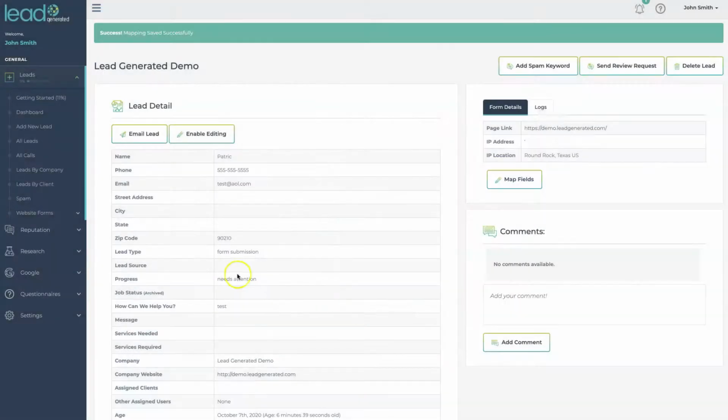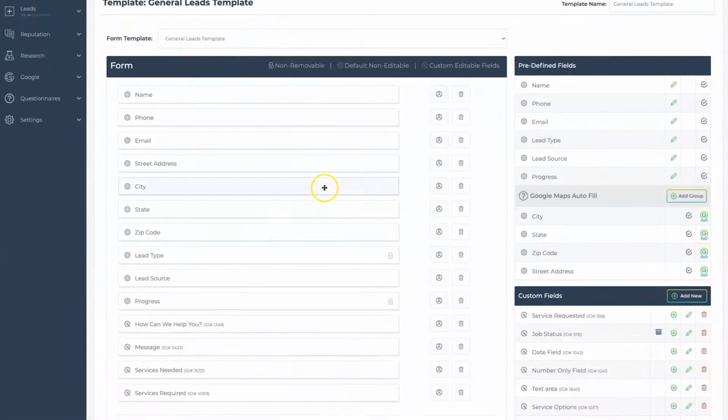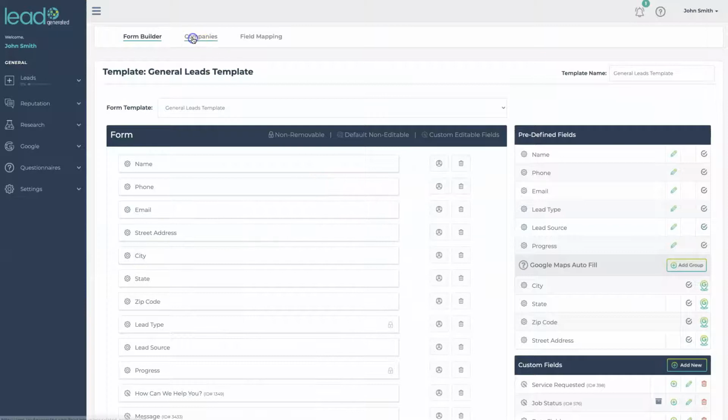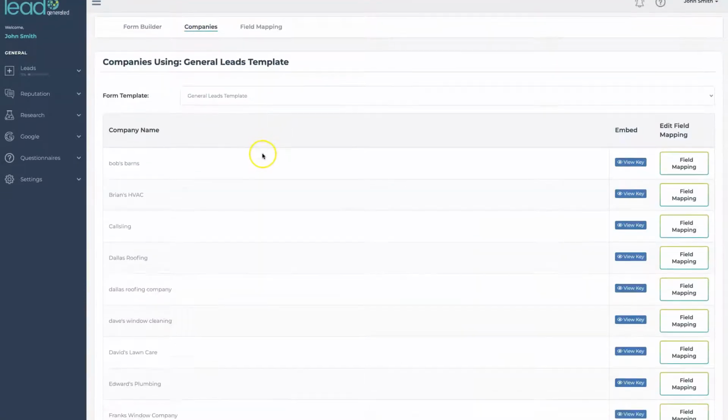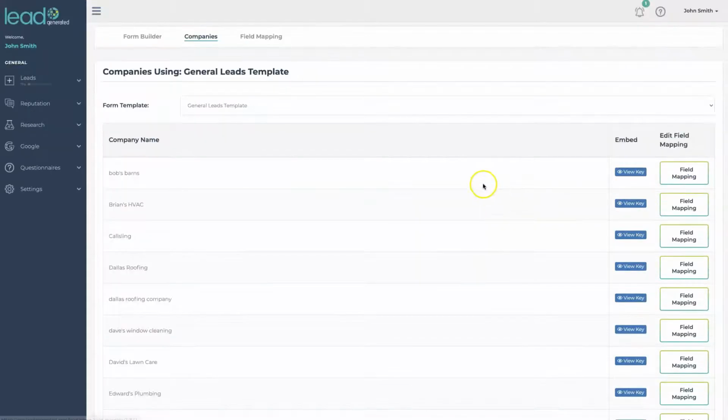There's a few different spots within Lead Generated, there's a lot of different ways to do multiple things. You can also map them from here. If I were to go to all forms and I were to select the form that I'm working with, this is the form right here, right? And if I want to, I could come over here and I could look at all the different companies that are using this form, and then I could perform the mapping for any of them through here,